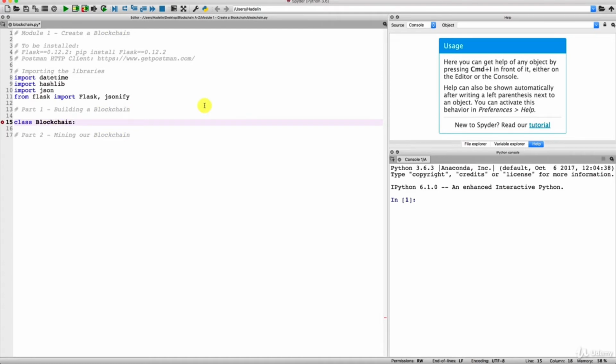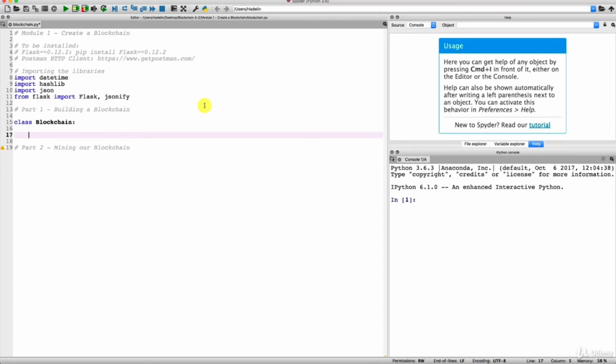Alright, and then colon, and here we go inside the class. So what will we define exactly inside this class? Well, that's basically all the components of a blockchain, all the pillars of the blockchain. So we will of course include the genesis block, then we will of course initialize a chain in the init function, then we will make a create block function to add a new block,